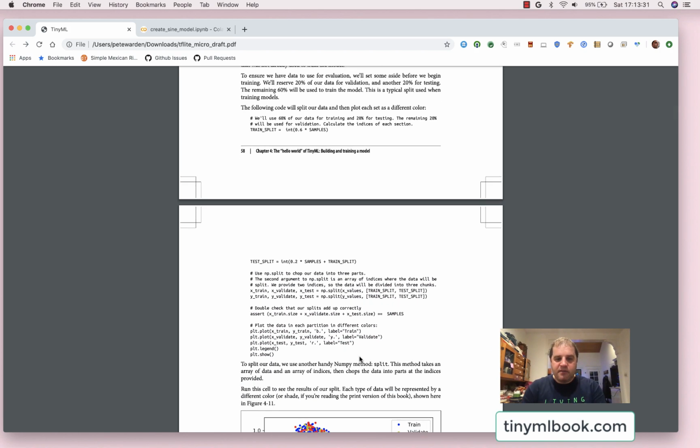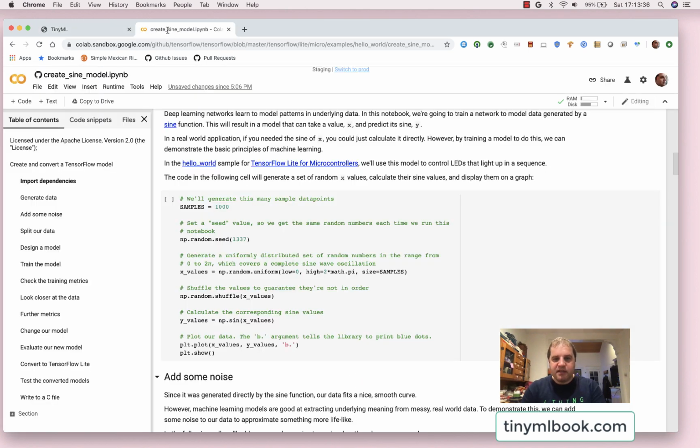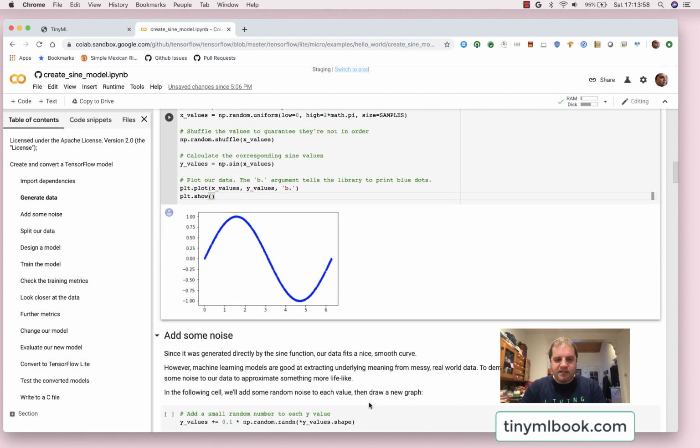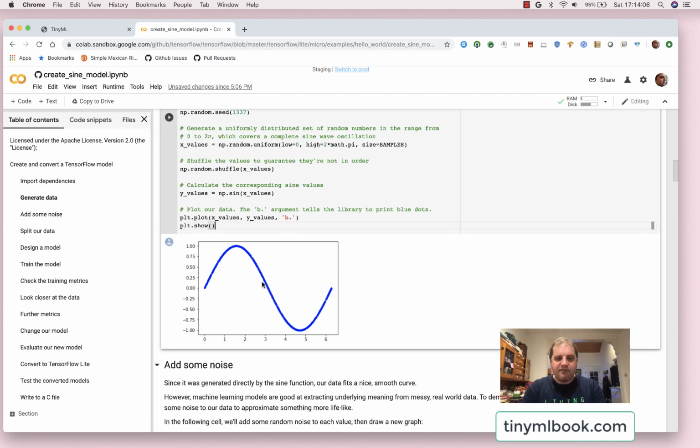So you can see the code here. I'm actually going to run this in the notebook. We're saying we want 1,000 samples. We're setting a random seed. And in this case, this first one is just going to show us the super clean set of data. So if I press Control Enter, you'll see that super clean sine wave that comes from having 1,000